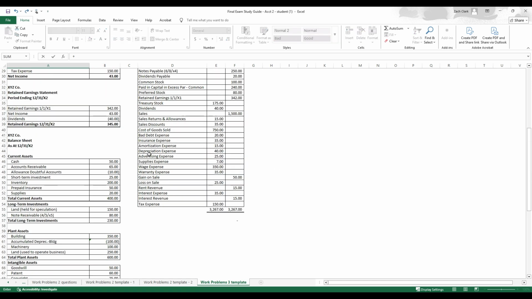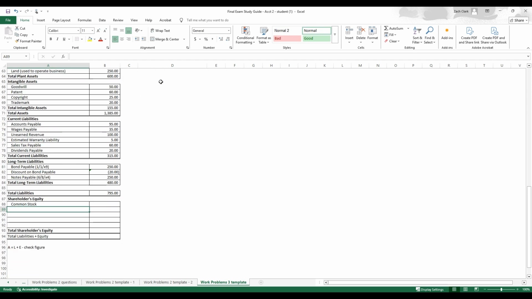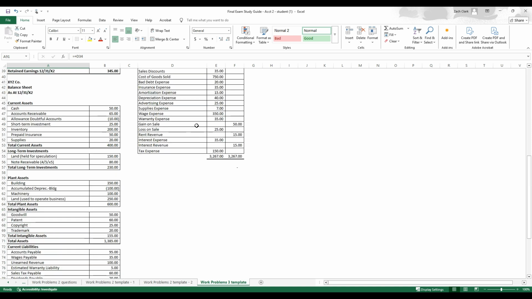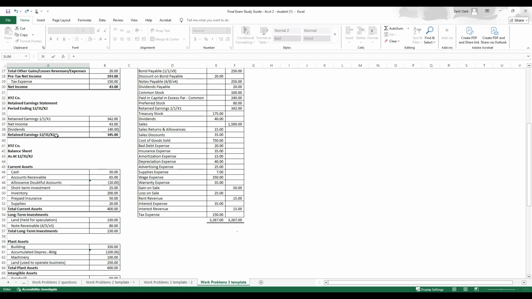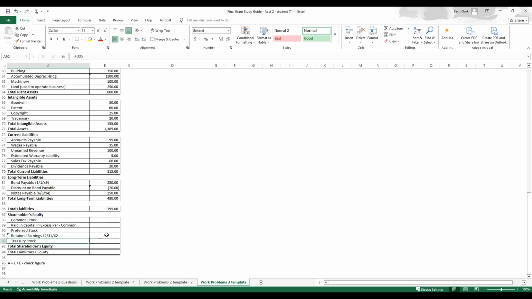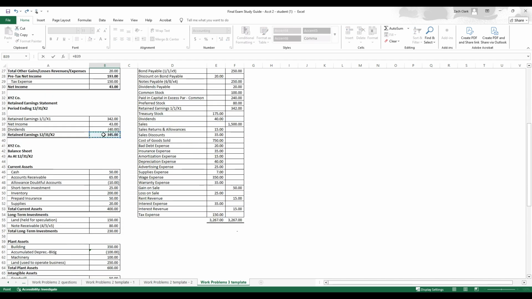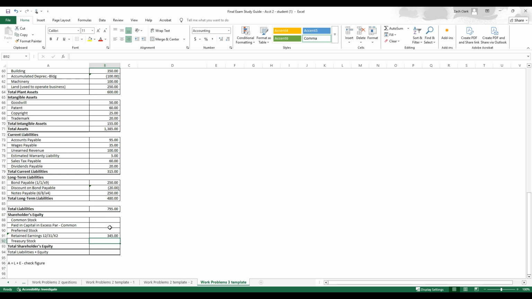Let's go to our equity section, starting with common stock here. Now, one thing to be careful of is the account that we see here is the beginning balance of retained earnings, but we don't want that one at 1/1. We want ending retained earnings, which is what we calculated above. So that's going to come down from here, not from the trial balance. And then, in all other respects,